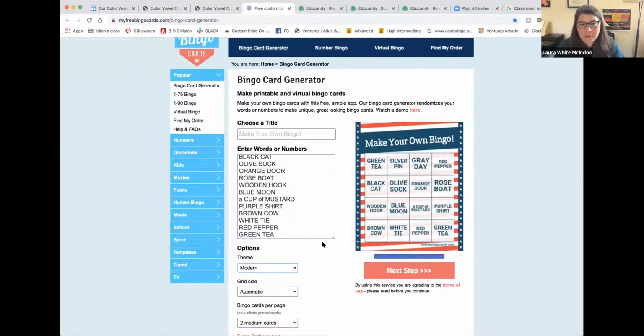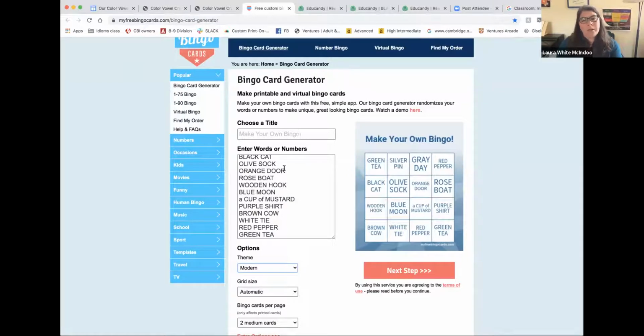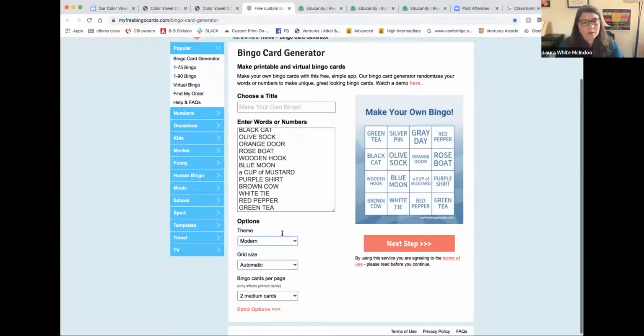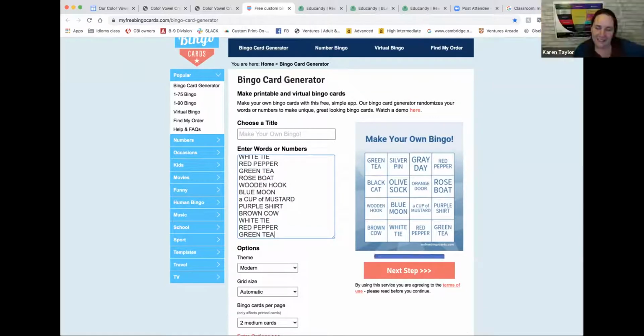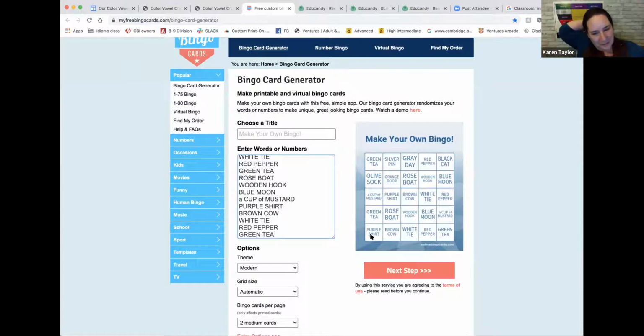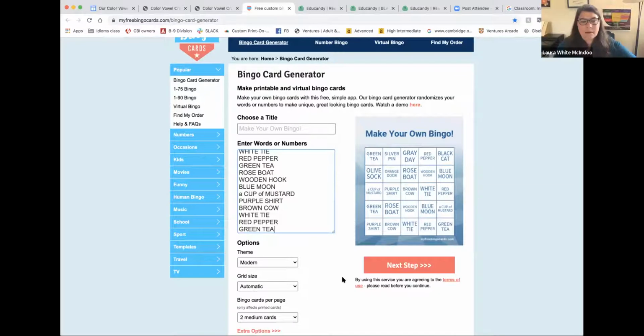Ta-da. Okay, so I was thinking about how best to do this, and you can make 4 by 4. If you add 16, you can do more squares like this and it will make it bigger. Give it a second. See? Ta-da! Look at that. Now it's 5 by 5. And this is a website. I'm going to send it to you right now.